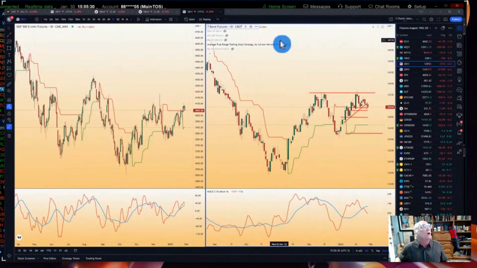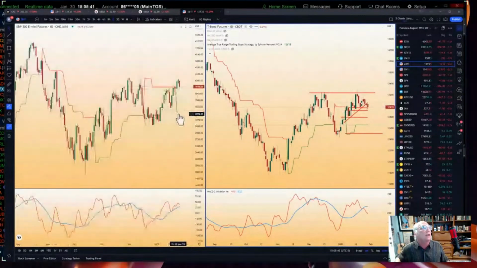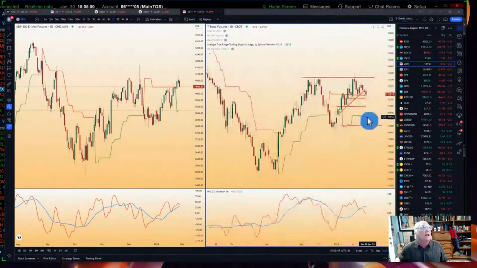Now, definitely this week we have to watch the action of the bond futures. Right now, they're staying down. Now, if right now the ES was down 41 like it is, you can see that on the upper right, and the bonds were up here, darn right I'd be a lot more aggressive on the long side. But right now, you are not sure which way it's going to go.